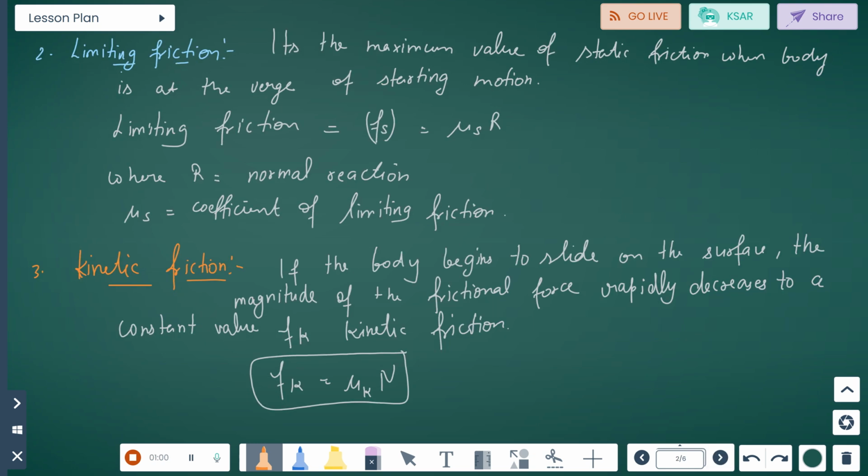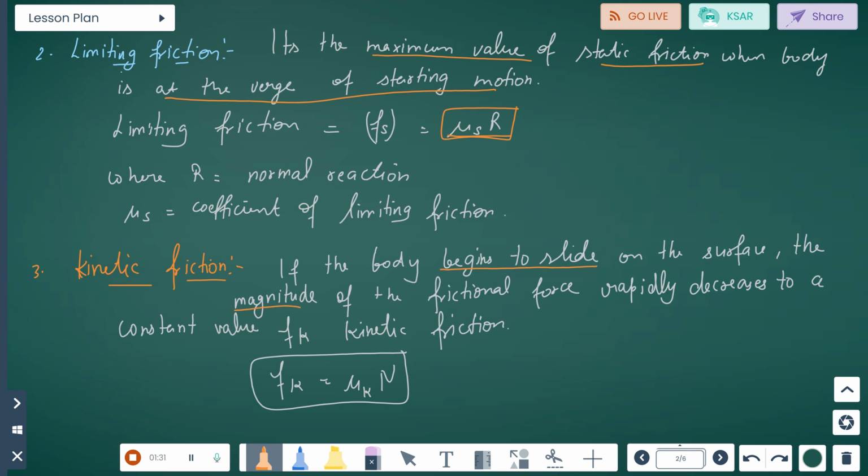Limiting friction is the maximum value of static friction when the body is at the verge of starting motion. Starting motion की verge में होगी. Limiting friction Fs is equal to mu s R, where R is normal reaction and mu s is the coefficient of limiting friction. But in kinetic friction, if the body begins to slide करना शुरू करती है on the surface, the